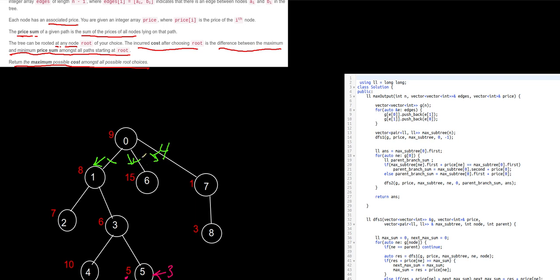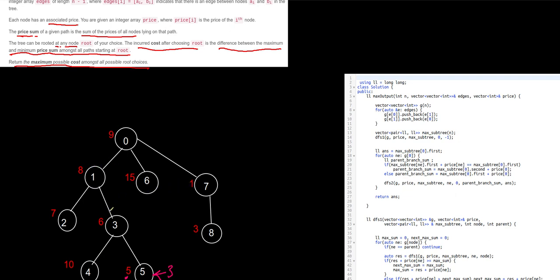For this branch we have one node, which is 15, and for this branch this path is the maximum. So 10 plus 6, this is 16 plus 8, 24. So for the 3 subtrees we have values 24, 15, and 4. And for node 0 we need to store the maximum 2 values, the max and the next max. So for node 0 we will store in a table here called max subtree: 24, which is the max, and 15, which is the next max,